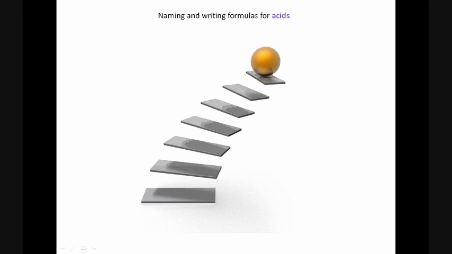Slowly, we've been building the skills we need in order to name chemical compounds and write their formulas for chemistry. We started with simple Category 1 compounds, then Category 2, and Category 3 compounds. And then we added the polyatomic ions for Categories 1 and 2, and now it's time to add the very last step. This kind of compound is called an acid, and it has its own special set of rules,